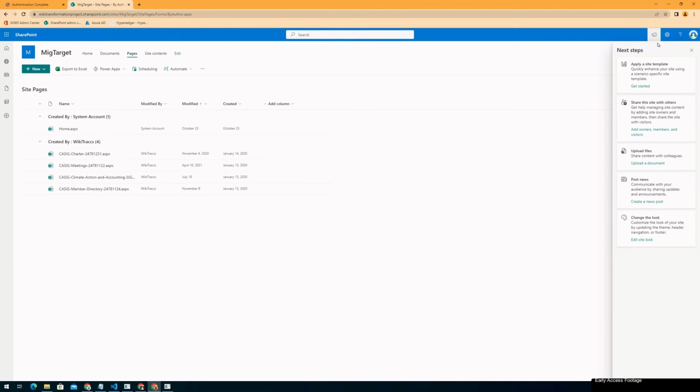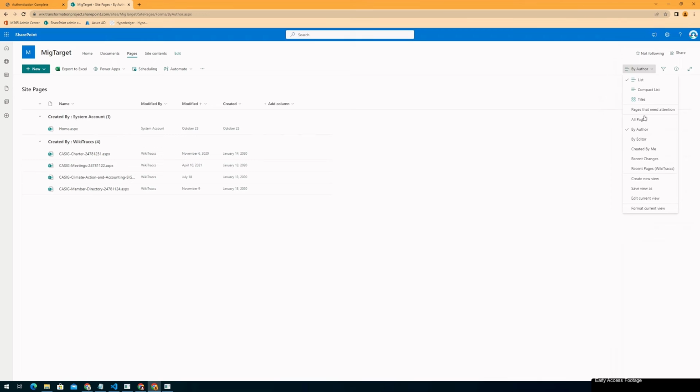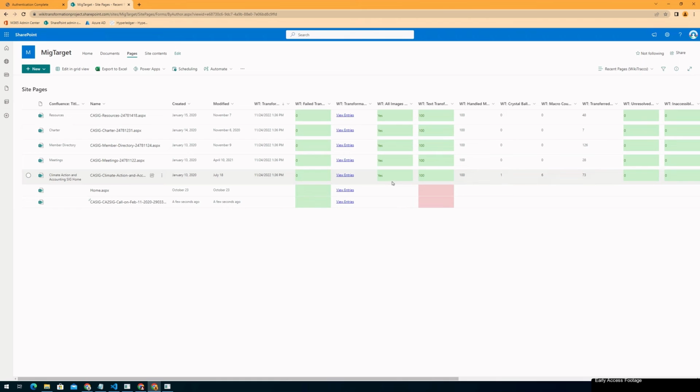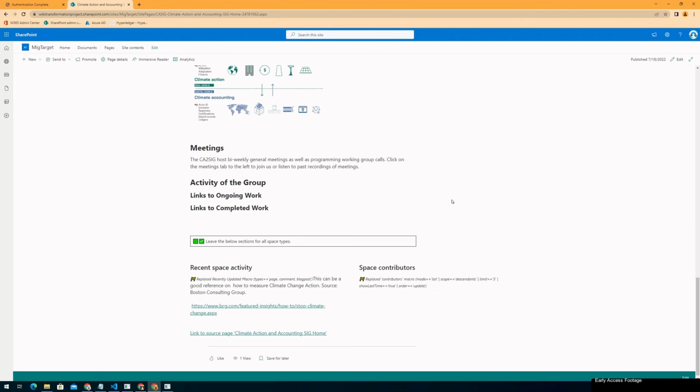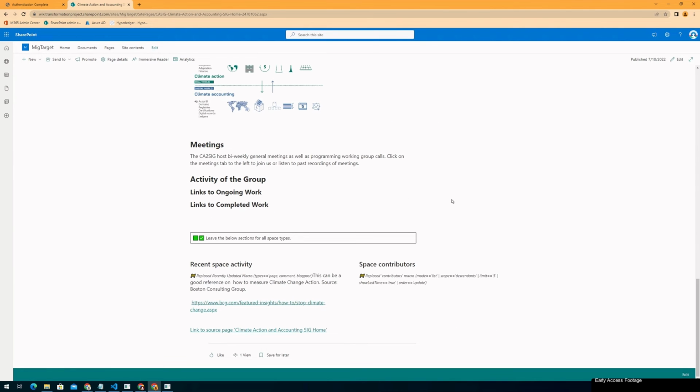And I can see even more useful information by switching to a view. WikiTraccs created its recent pages view, and here I can see information about the transformation result, like where an image is missing or could some text not be transferred and such things. And I want to look at the first page that has been migrated. It's this one here, and highlight some of the migration results. So at a first glance it looks very good, but let's have a look at the